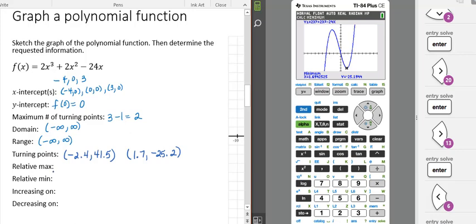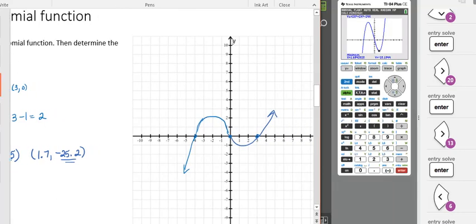So clearly my graph that I hand drew was not to scale, and that's okay. At this point, we're really just wanting you to be able to sketch the graph. But my relative max is the y value of that peak point, which is at 41.5, and that occurred at the negative 2.4. My relative min is the y value of that minimum point, which is negative 25.2. So notice that my graph is clearly not to scale. We're going to use our imaginations and think of this point as being negative 2.4, 41.5,